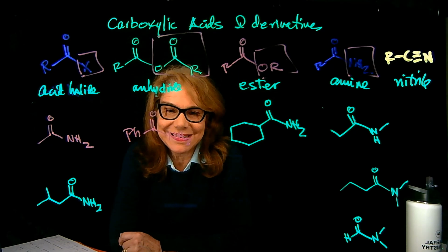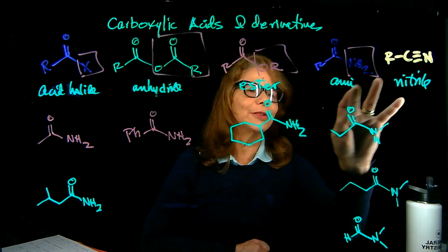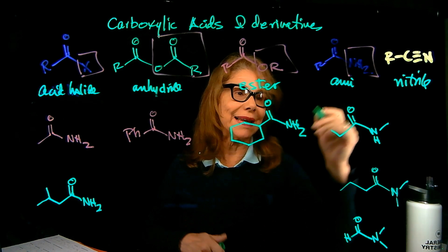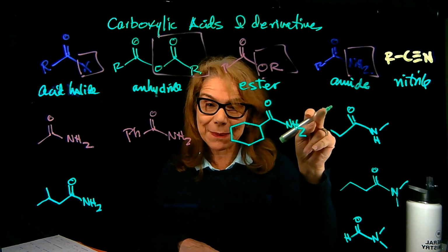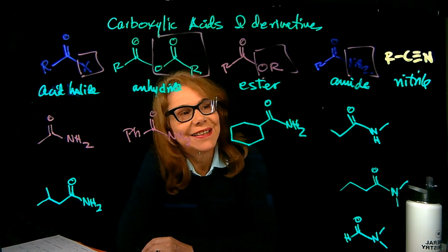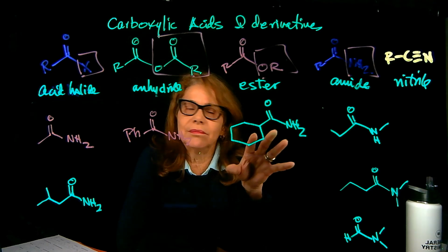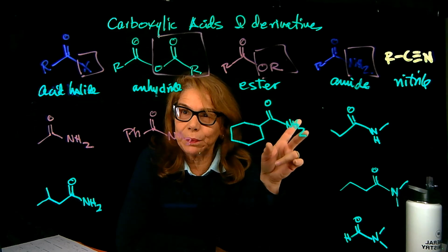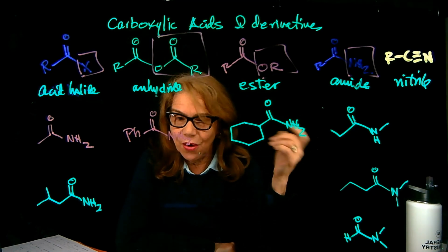Okay, now let's name amides. Oh, this is wrong altogether. This is an amide. Ooh, you didn't correct that on the other videos. Amide. This is the functional group that we need to be working on. All right. So, again, in these derivatives, we're replacing the OH in the carboxylic acid now, in this case, with